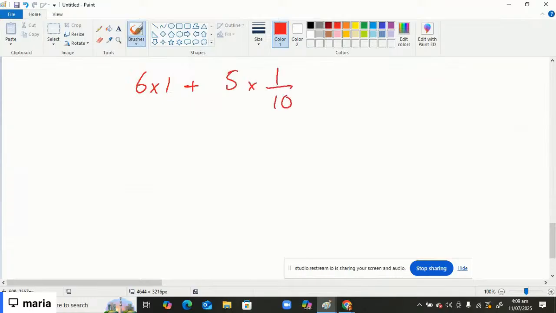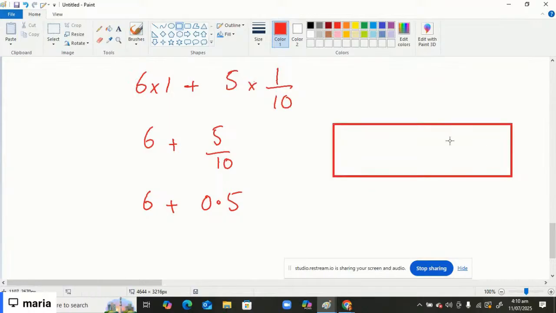This is our question. So how can we solve it? 6 times 1 is 6, plus 5 times 1 is 5 over 10. Now 5 over 10 is 0.5. Now when we see the table of drawing,